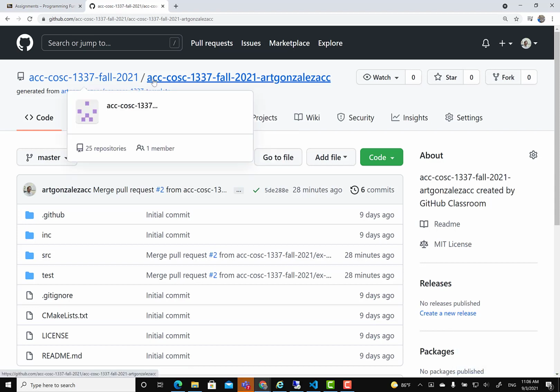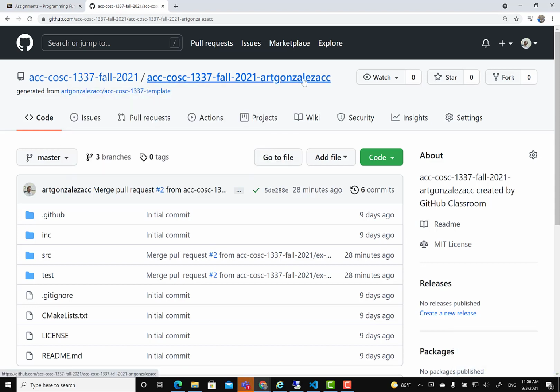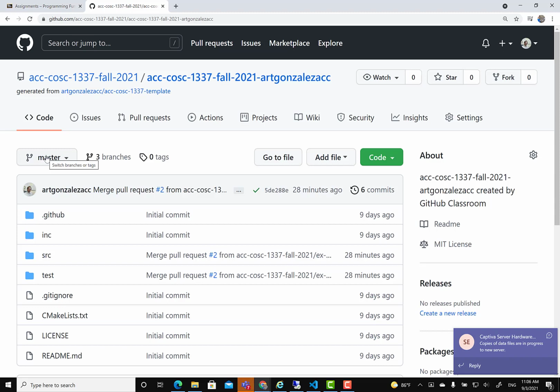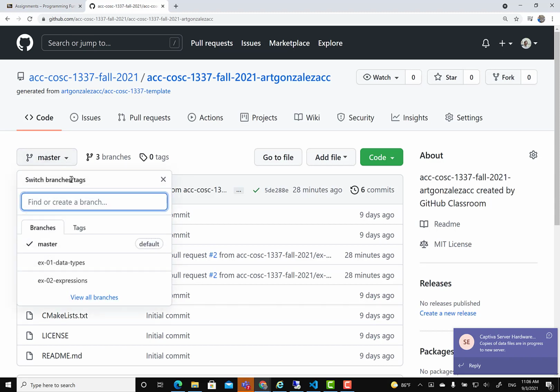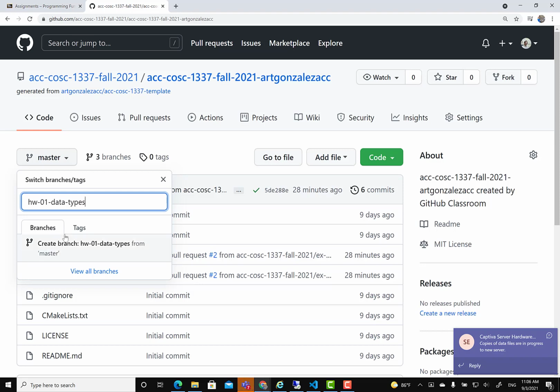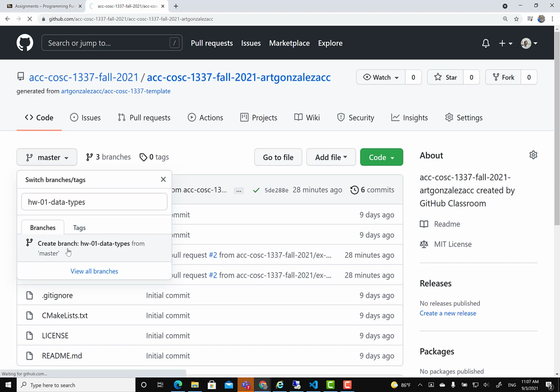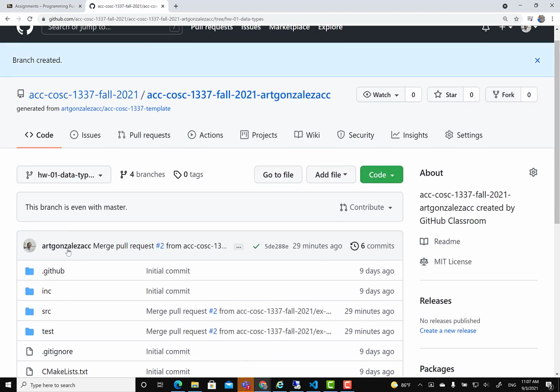Select your semester, in this case fall 2021. Make sure you are on your home page. And make sure that you find this icon right here where you see master and create a new branch. HW01 data types is the name of the new branch. Down here, select branches and make sure that you see create branch HW-01-data types from master. It has to say from master. Once you verify, click one time. That creates the new branch